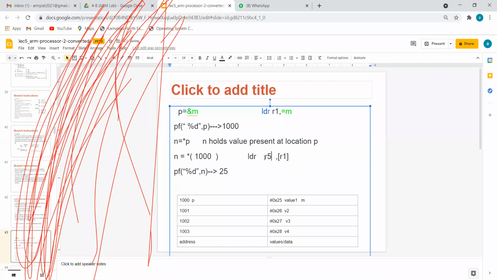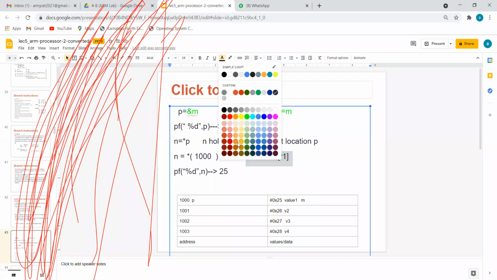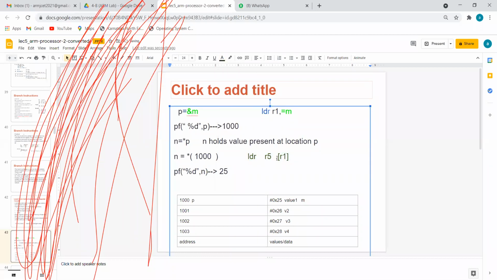Okay, so next I will keep some other register, R5. Listen how it works. The line which is in the dark green color. So R1, what is the value of R1? Can anybody give it in the chat box? What is the value of R1? Yes, correct. No, don't say the address. You should give the exact value. So the value from Singh is correct. The value of R1 is okay.